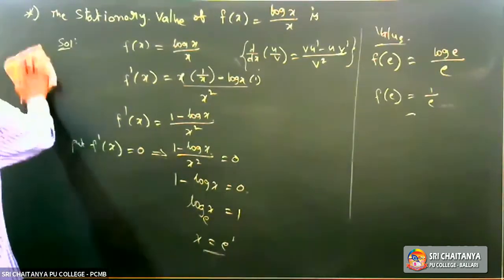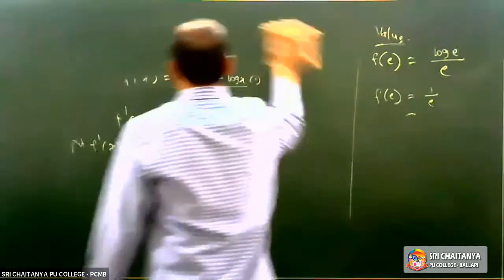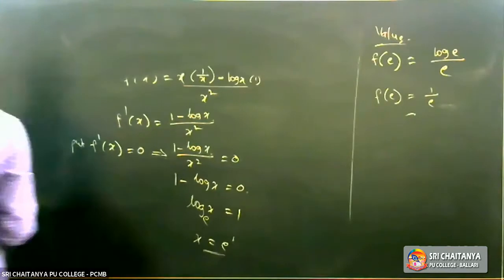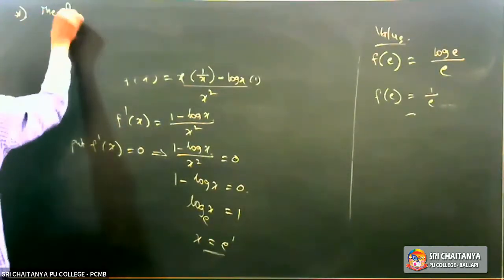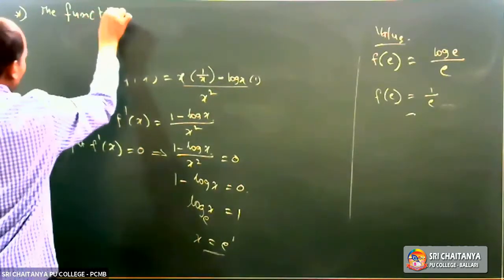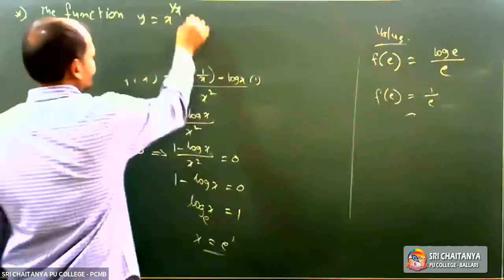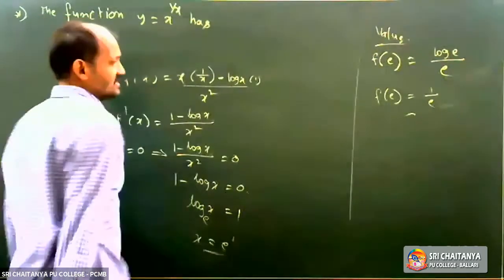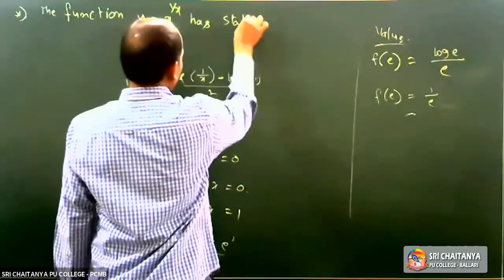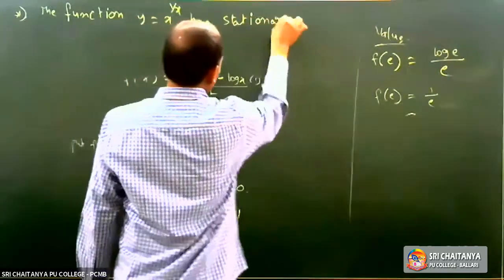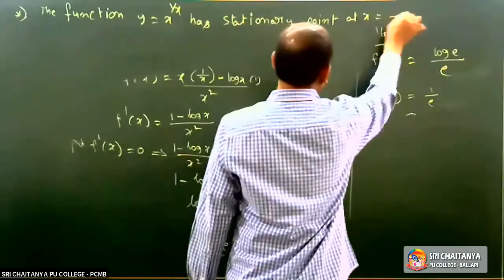Right, the next question. The function y is equal to x power 1 by x has a stationary point at x is equal to,